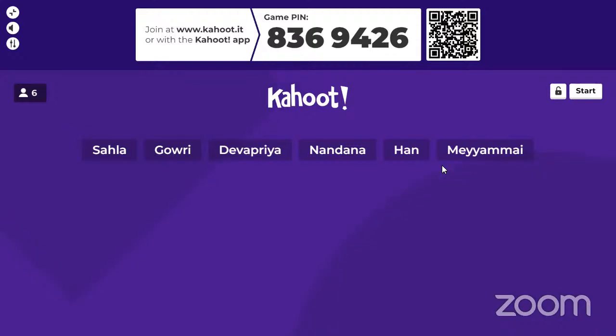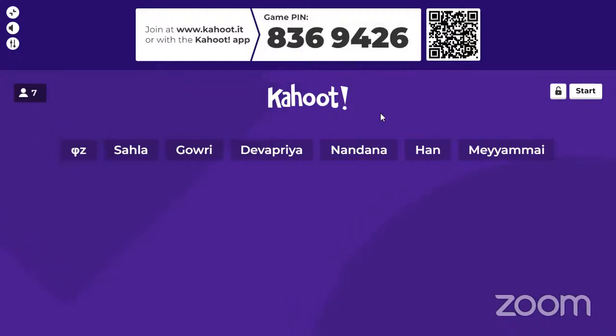You can use a split screen option in your computer. In one screen you can open the YouTube Live, and in another screen you can open the Kahoot website, www.kahoot.it. Again, enter the same game pin, 8369426. One window is needed for YouTube Live, because the questions